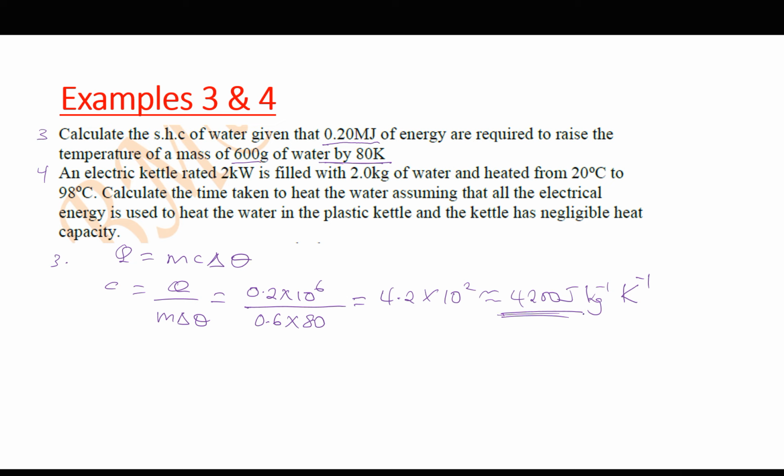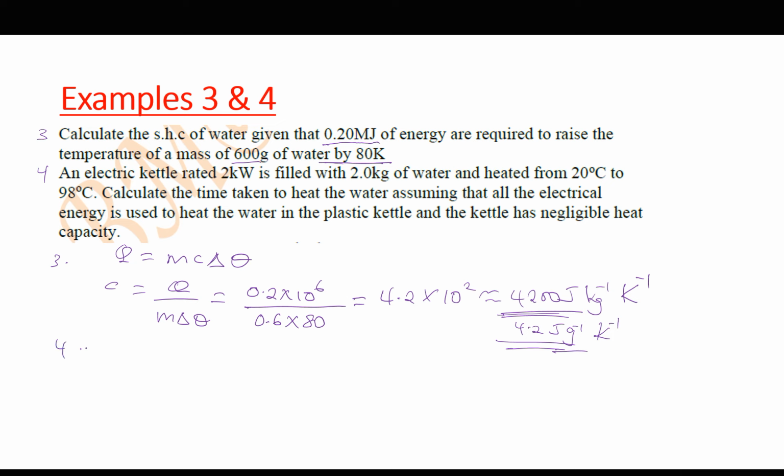By the way, this value will appear many times. Specific heat capacity of water: 4,200 joules per kilogram per Kelvin, or it can be 4.2 joules per gram per Kelvin. Per gram, this is now per gram per Kelvin. So that is number 3. Number 4,